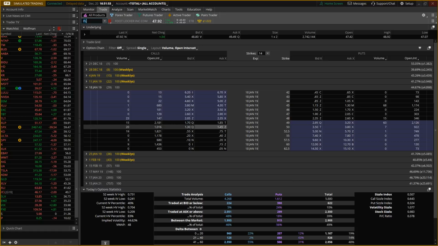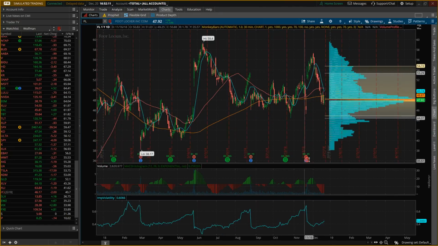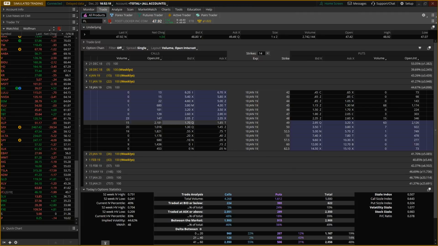So Foot Locker, not a whole lot of volume and open interest in here. It's very close to fitting that rule. It's 15 cents wide on these, and during open market operations, it might very well fall within that rule. So it fits everything else. Let's just check to make sure it doesn't have that earnings. It's not going to have the earnings. They just had it. So picking the right duration, we made sure the volatility is down, the right duration, 29 to 57. We're still within that curve that we were looking at.